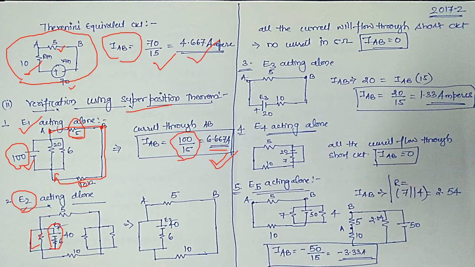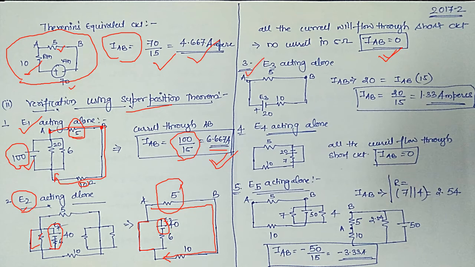Now you can see this is the zero resistive path, hence all the current must flow through this branch. If that is so, there is no current flowing in this 5 ohm as well as in 10 ohm resistor. So this is redundant now. That means the current flowing in this 5 ohm because of only E2 is 0 in this case. So that is maybe equation number 2. Then 3,